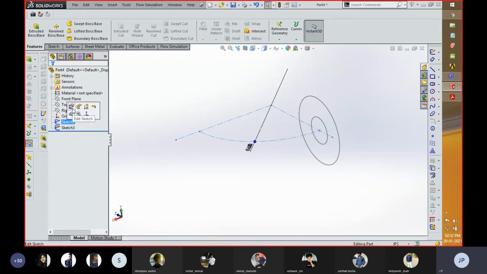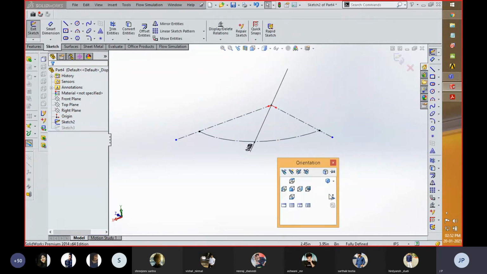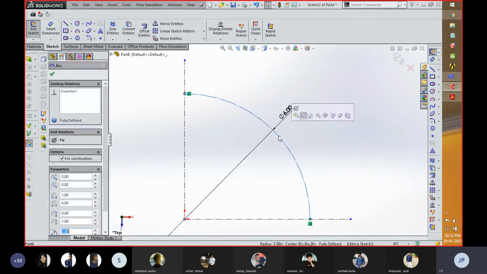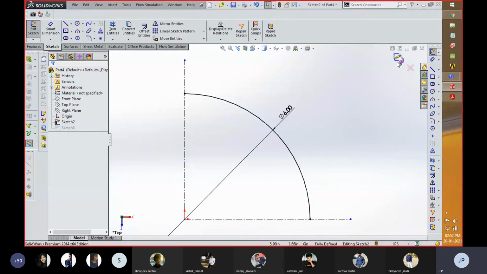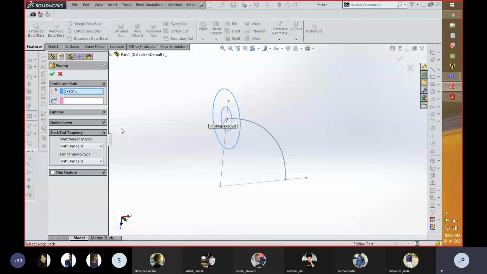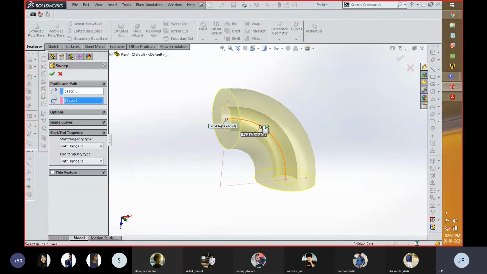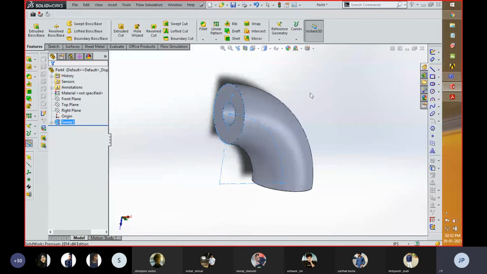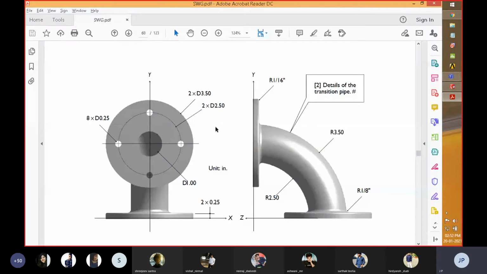The one thing I need to create it, not going to create it as a construction. After that, I am going to select this sketch, swept boss, select the curve. Now it is created. So this center part which is created right now, the only thing which I required is